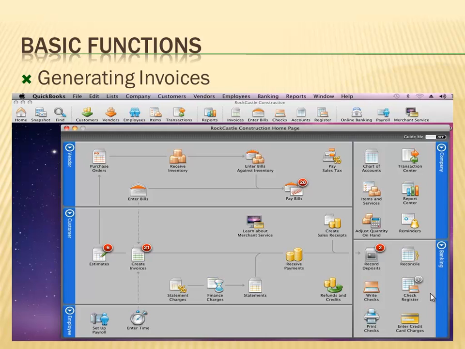So here's the interface. Again, you've got all your toolbar across the top, Mac style. You've got your icons and your home page. There are 3 ways to generate invoices, just like there is in the Windows version. You can go to Customers up here, click on that drop-down list, select Create Invoices. You can go to that Invoices button right there, click on that, or you can click on this Create Invoices button. All 3 of these